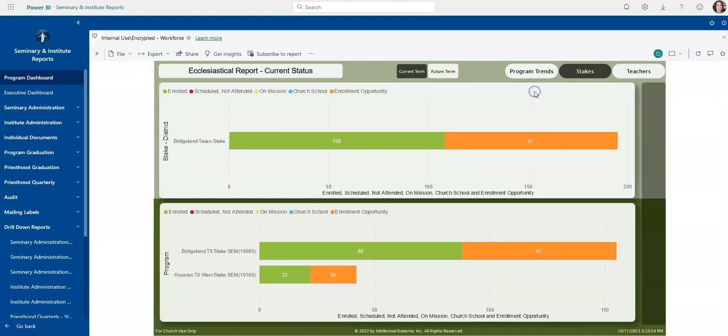Once you've selected it, you can see it's narrowed it down, and you can see 108 students. 87 are potential that are not enrolled, and you can see the programs that the students in your stake are attending. I find this to be a helpful snapshot of your overall stake,